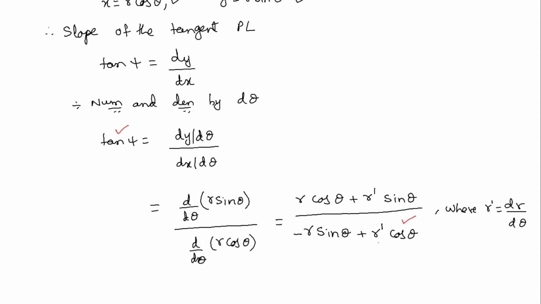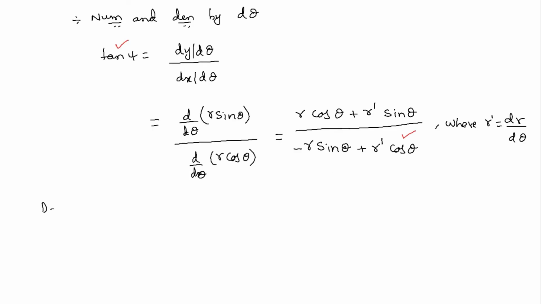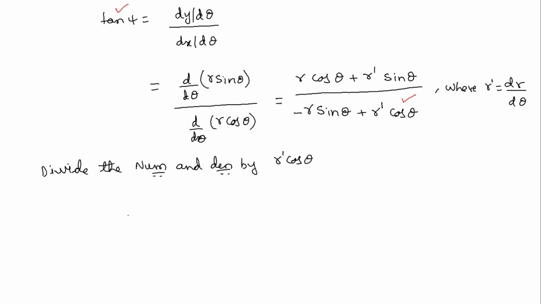I need to get this r dash cos theta as 1, which means I have to divide this by r dash cos theta. I can't just divide in the denominator. I should divide the same value in the numerator also. So let us divide the numerator as well as the denominator by r dash cos theta, so that I can get that value 1. If we divide it, I'll be getting the expression tan psi is equal to